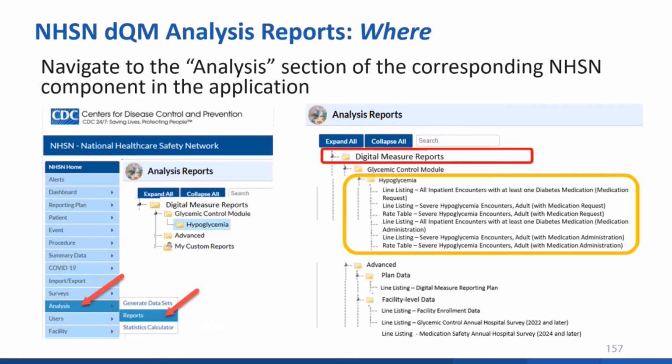So now let's look at where the reports will be available within the user interface. Looking at this illustration, to find the analysis reports, you go to Analysis and then click Reports. Here you will then see a tree view of the reports for digital quality measures and modules, continuing with the hypoglycemia example. Note that you will see both medication request and medication administration options, but they will be populated or blank depending on which your